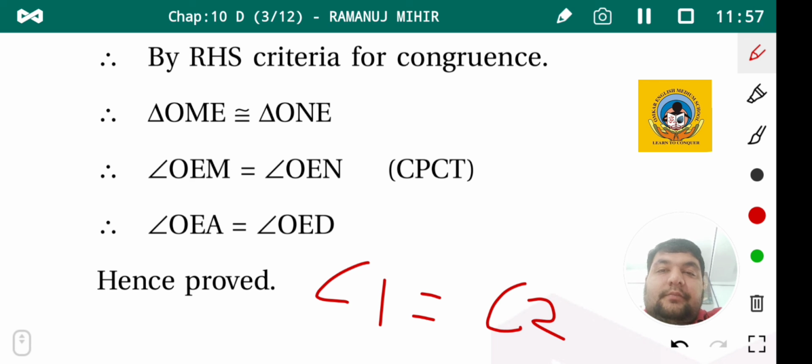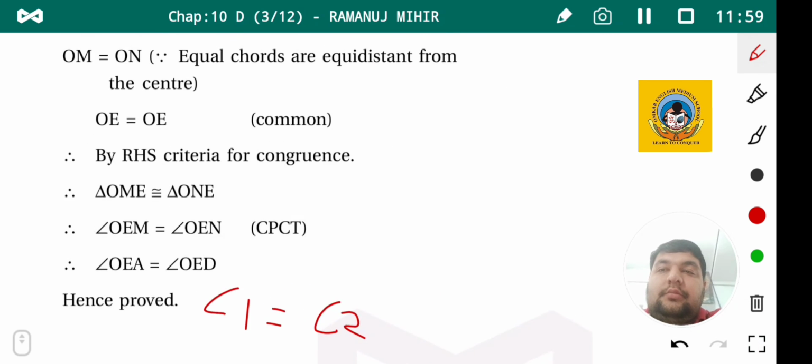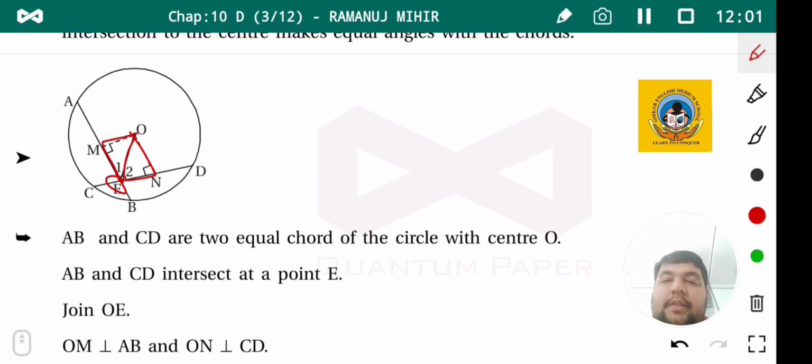Okay? So there is nothing hard inside this question, but you just have to write the proper arguments. Now,